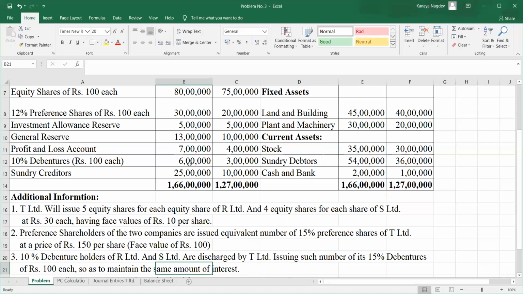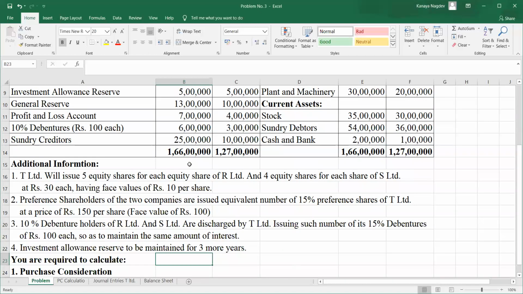You always remember, when we say purchase consideration, it includes settlement to the equity shareholders and preference shareholders, and sometimes a cash amount may be given to the equity shareholders as well as preference shareholders. So it does not include settlement of debenture holders. That means this we are going to see in case of discharge of PC by T, that will be at what amount the assets are taken over by T Limited. The debentures are taken over. So this doesn't have any effect on our PC calculation.